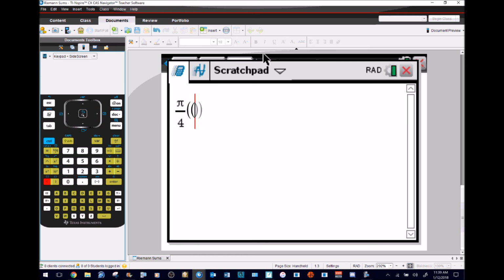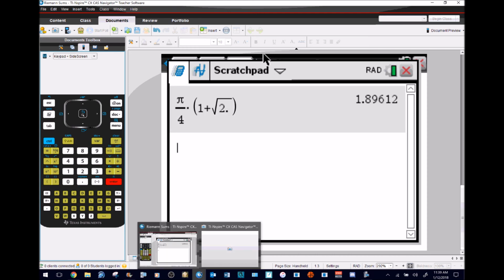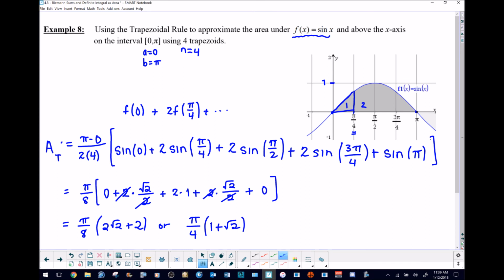And I know if I use the Nspire here, as long as I put a decimal place in my input, I'll get a decimal or an approximation for my output. So I end up with 1.896. Now that's going to be good to know. This is all equivalent to 1.896 to 3 places. So if I return to my Nspire, and namely my Riemann Sum program, so I'll hit